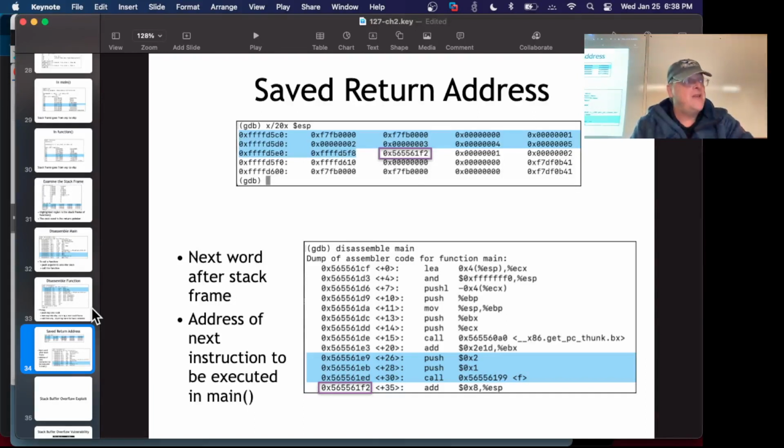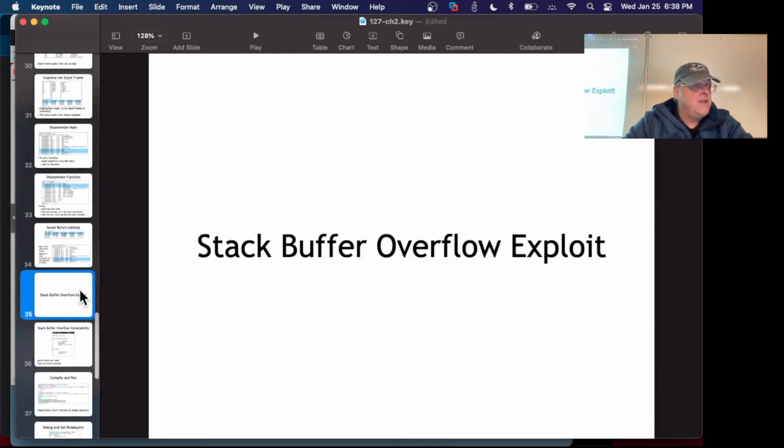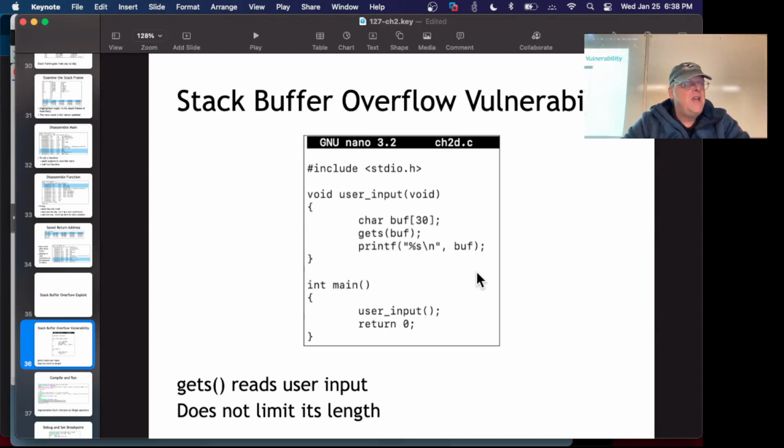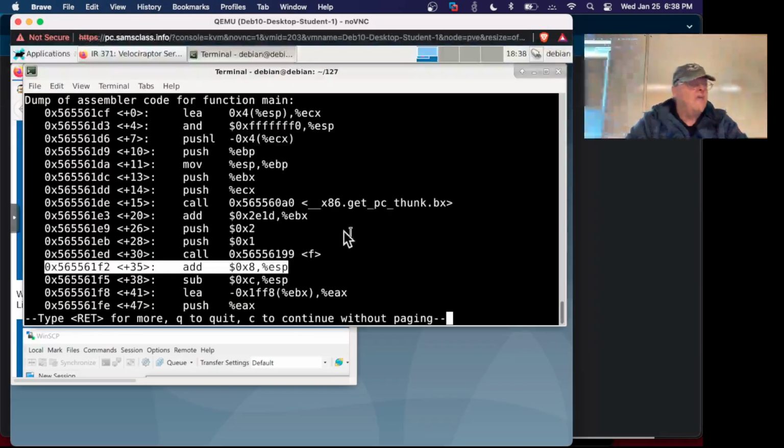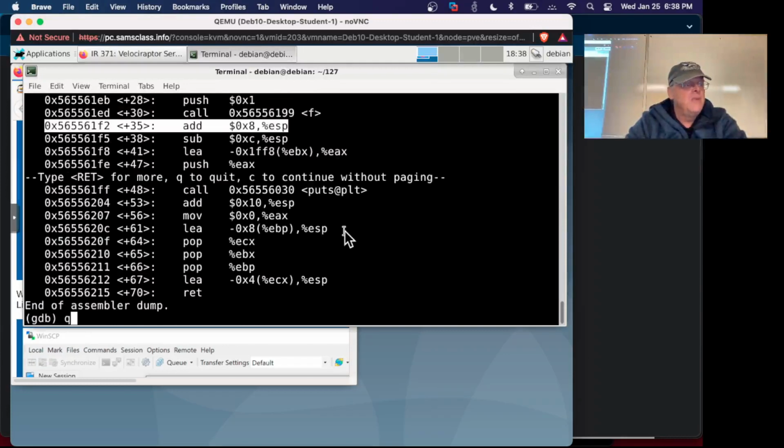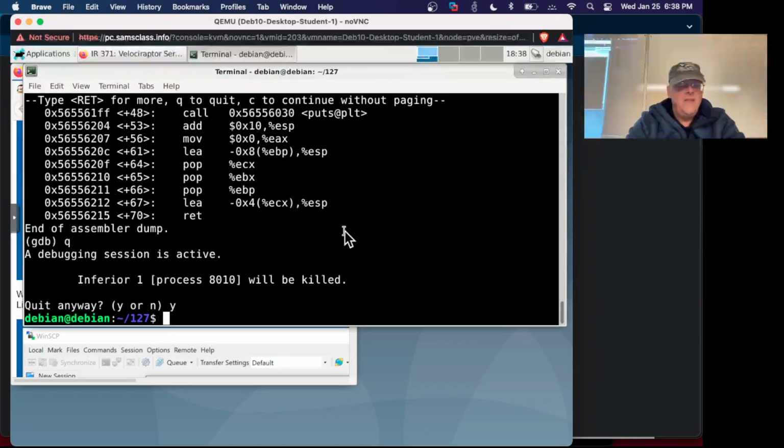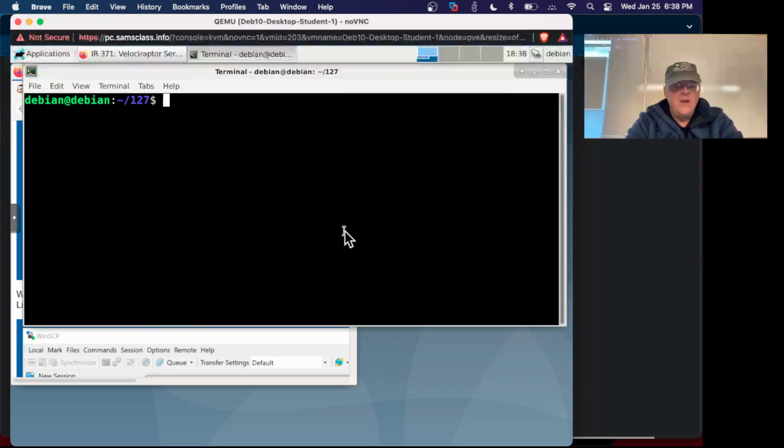And what we're going to do is hack it and break it so that that function does something other than what the developer intended. So now we're going to do a stack buffer overflow exploit. We need a function that will let us put in data to change the stack, and that's what we have here. So let me get out of here with quit, and then clear, and look at the next one,